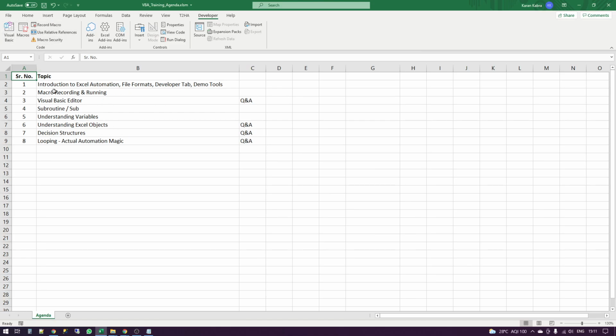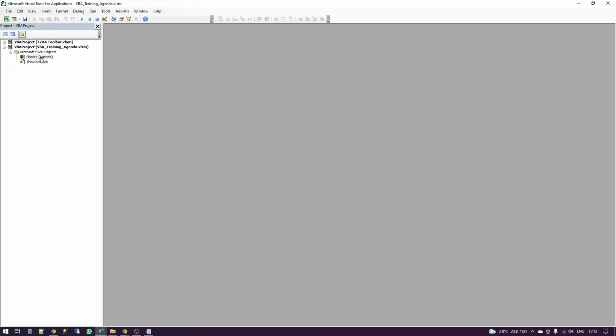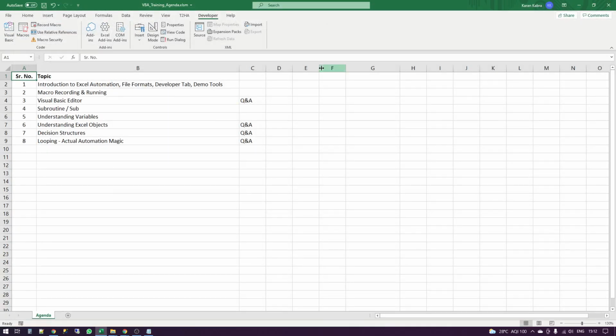Right. So how do you access the macros that you've written, or how do you start writing a macro? It is through this option here, Visual Basic. So you go to Visual Basic and there is something that you will write here, right? And you don't need to save this separately. So whenever you write any bit of code in your Excel file, it gets saved along with the Excel file. So you don't need to think of saving the code separately, although there is a save option here, but this will save the entire workbook as it is. So this won't just save the macro, but the entire workbook. How do you run macros? There is this option of macros here, which you use to run macros. I'll show you in some time.